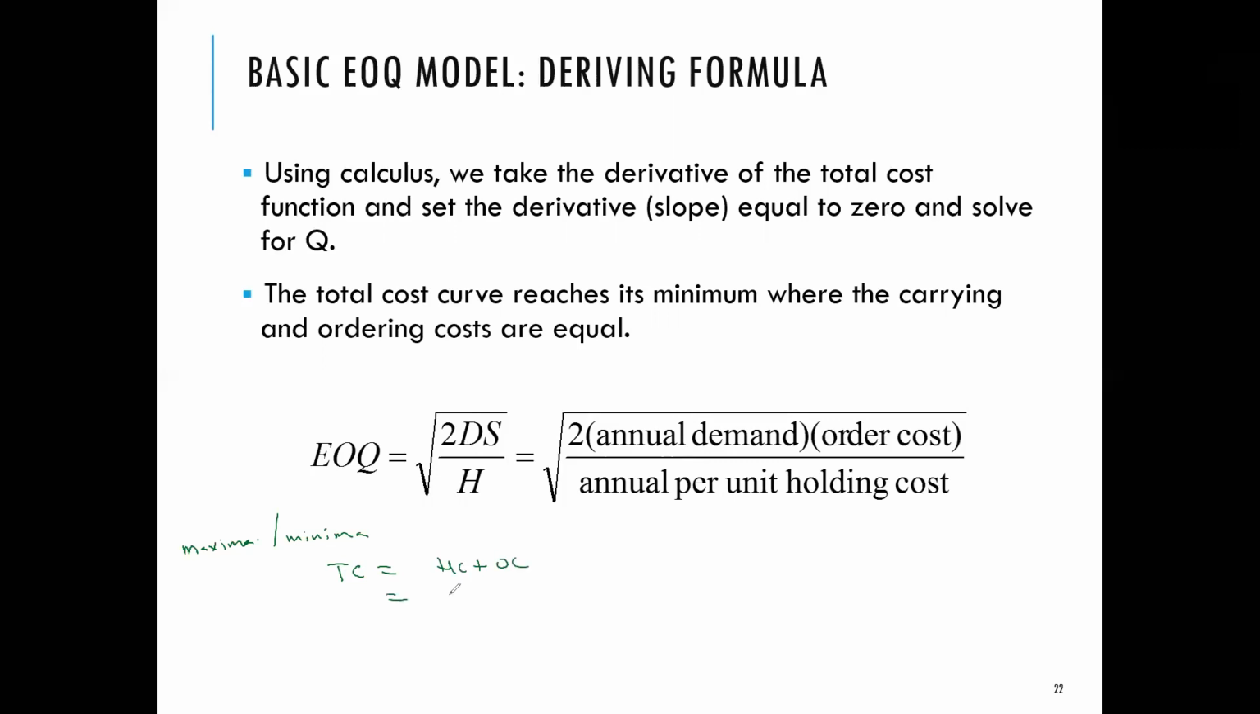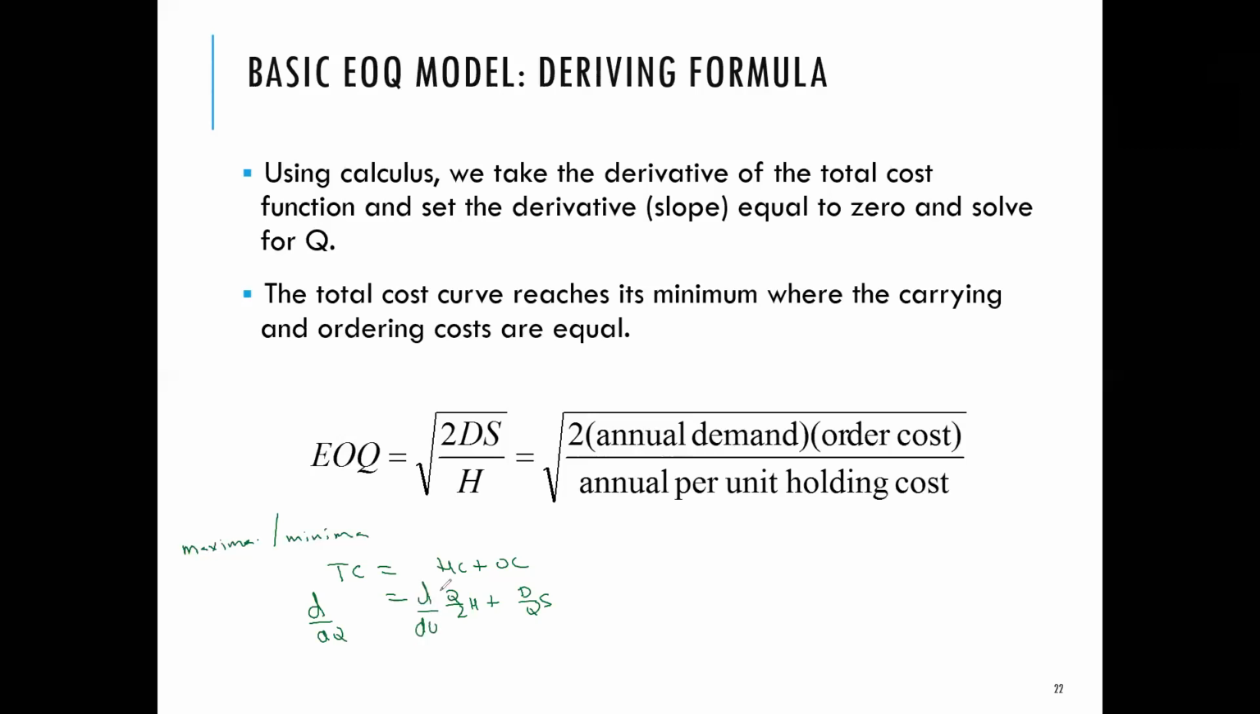So holding cost is Q by 2H. Ordering cost was D by QS. So basically, I'm going to take the first order differential with respect to Q, because we want to find the quantity for which this function is the lowest, right? The highest or the lowest. So basically, we're going to take the first order